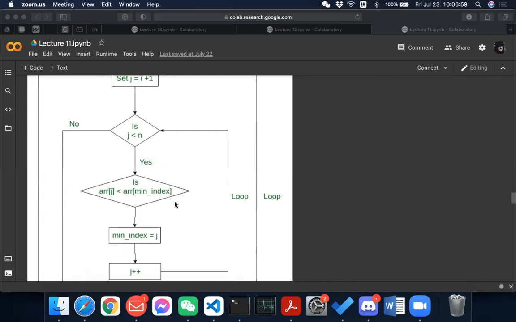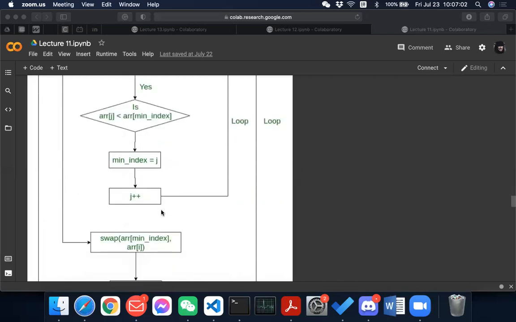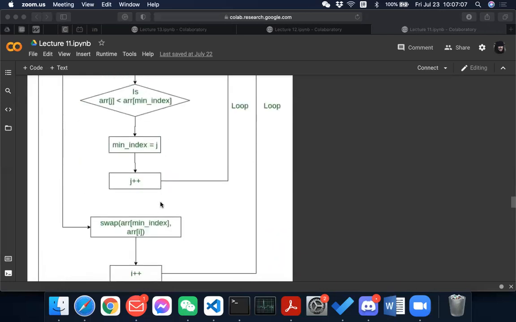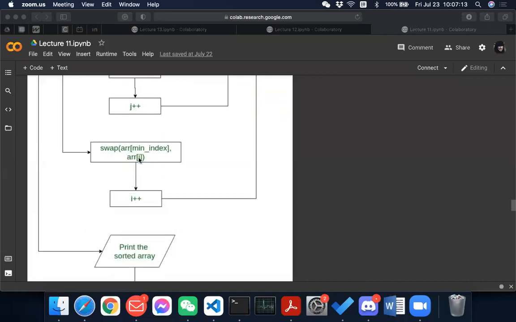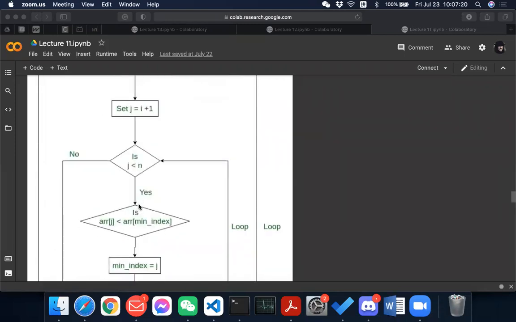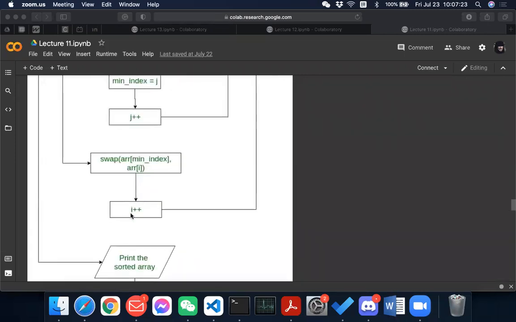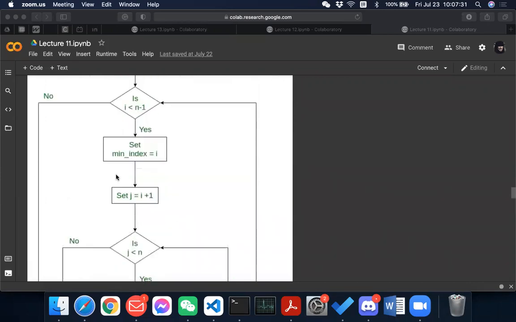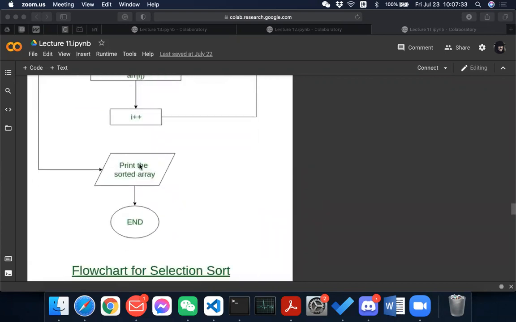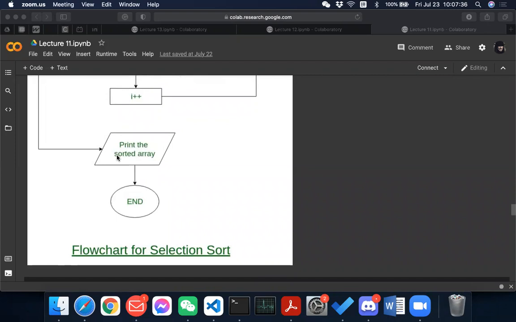If that is minimum, then update the index, and then after you're done with checking, you try to swap it with the i's position, right? And then I will just move on, I plus plus. Plus plus means I plus one, right? So you should just check this condition again and go on forward, and then just at the end print the sorted array,